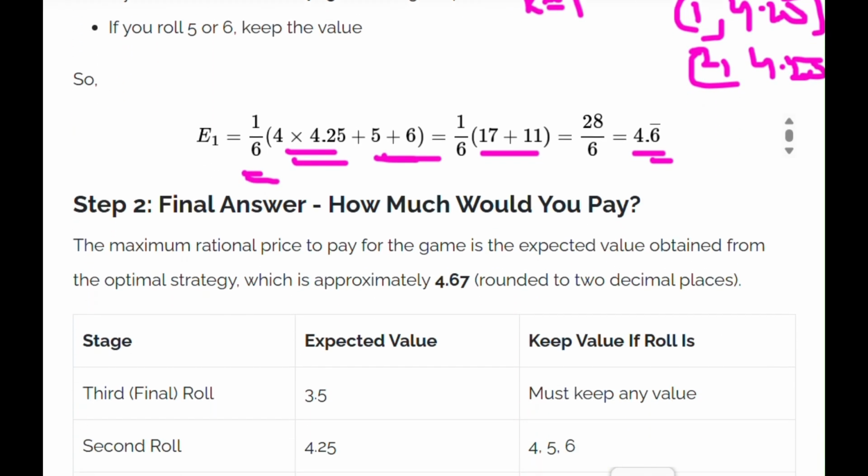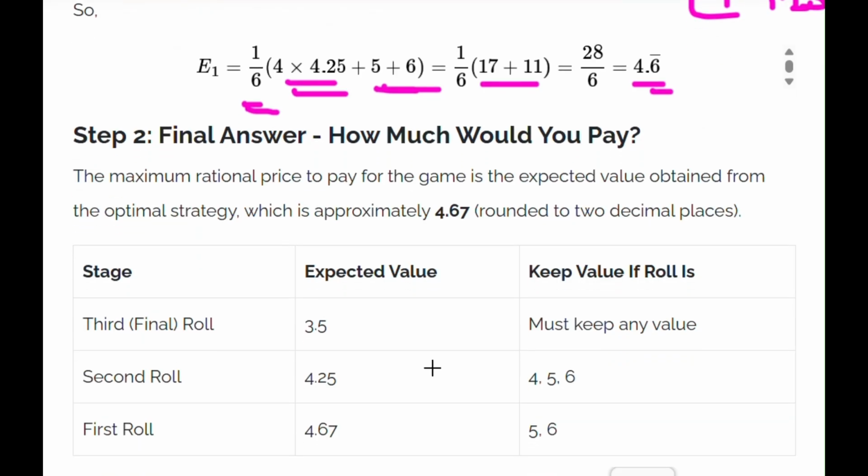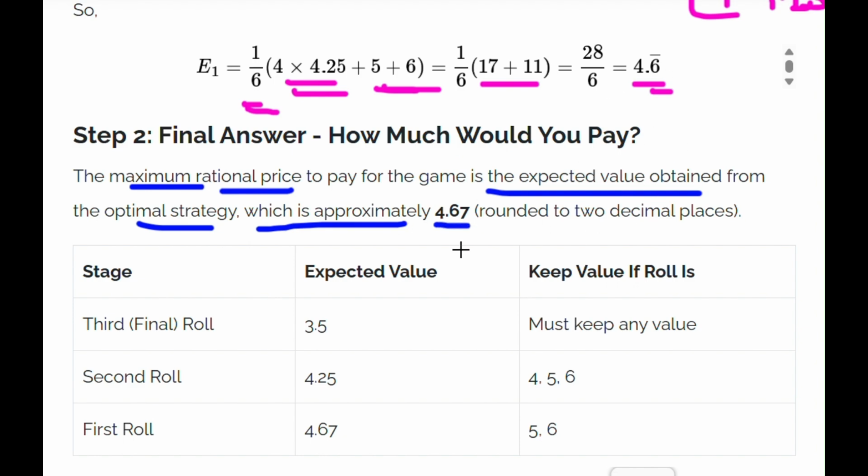So what would be the final answer? The question was how much would we be willing to pay? The maximum rational price to pay for the game is the expected value obtained from the optimal strategy, which is approximately 4.67. We have rounded 4.66 to two decimal places. So this is the amount that